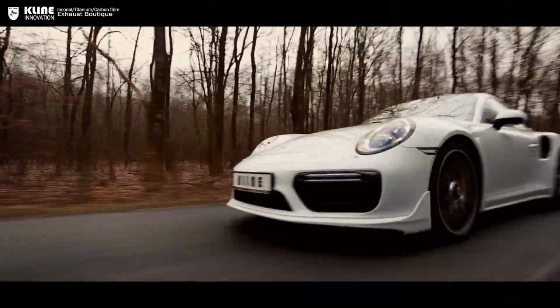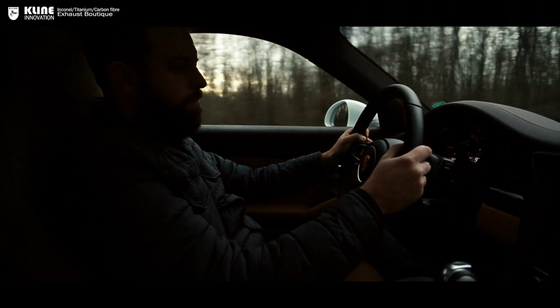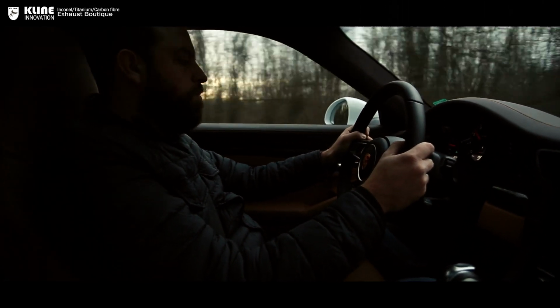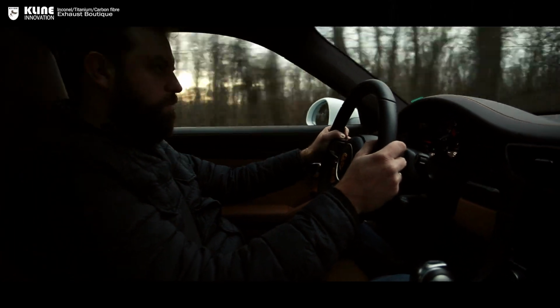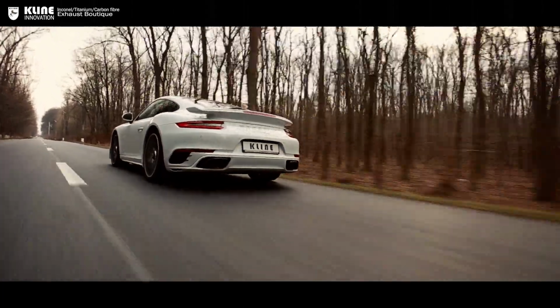Part of our design brief was to create an exhaust with an aggressive sound at high RPMs, but with little to no drone at cruising speed. However, at wide open throttle,